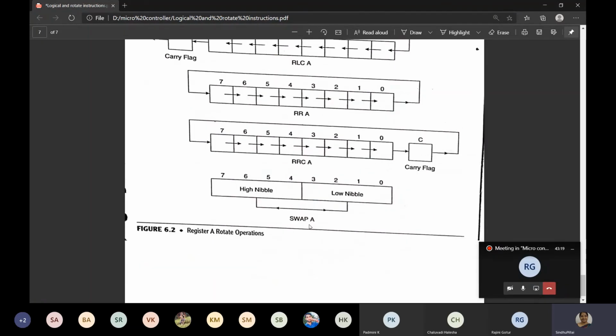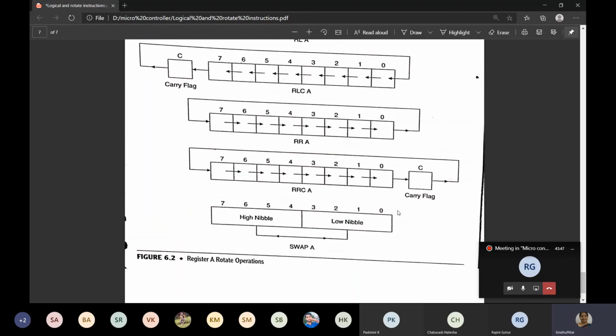And one more instruction, the swap instruction, which was used for our lab first program. Swapping means just changing the contents of lower nibble and higher nibble. The mnemonic is SWAP and only the accumulator will be used for swapping. All the contents of lower nibble will be sent to higher nibble and the contents of higher nibble will be sent to the lower nibble.